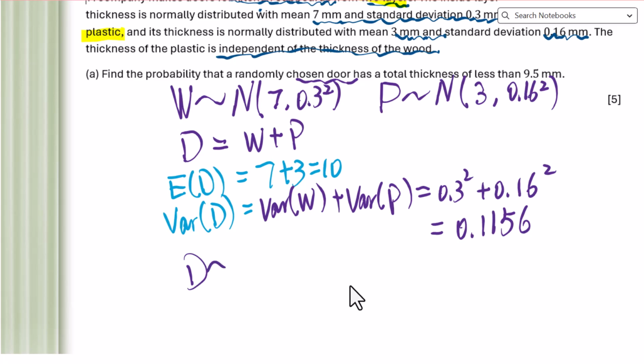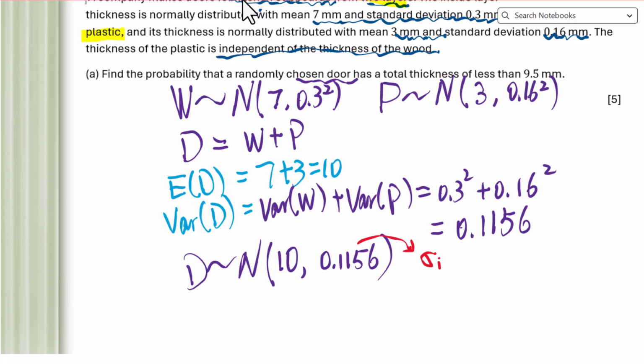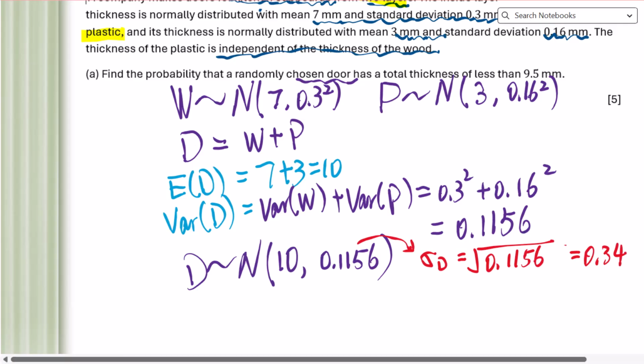So D follows normal distribution with a mean of 10 and a variance 0.1156. So the standard deviation of D equals square root 0.1156 equals 0.34. We are looking for the probability that a randomly chosen door has a total thickness of less than